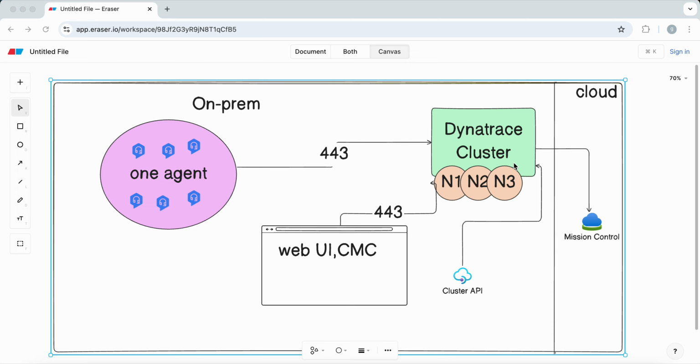Dynatrace server is the core component that processes incoming data from OneAgent, handles analytics, and provides the user interface for monitoring. It manages all monitoring data and configurations. Cassandra is a distributed NoSQL database used by Dynatrace for storing monitoring data. It provides high availability and scalability, and allows Dynatrace to handle a large amount of data